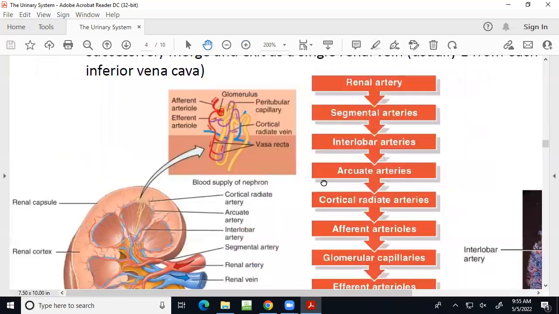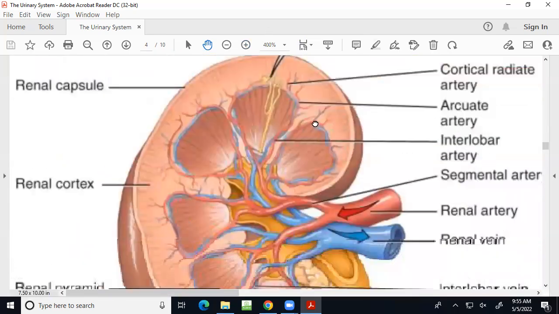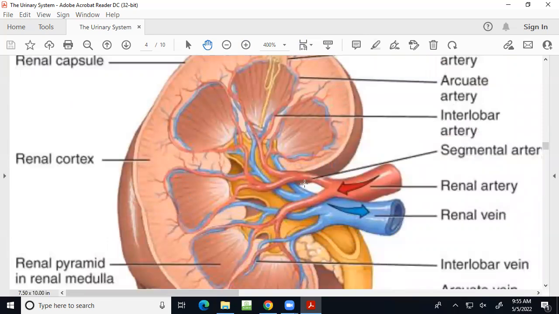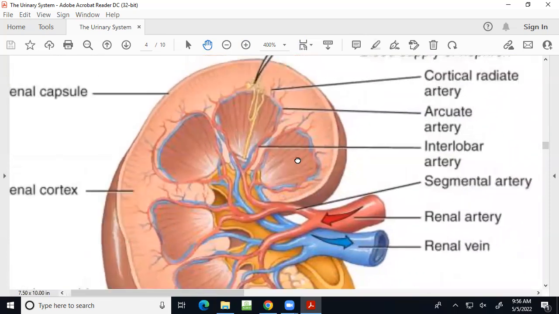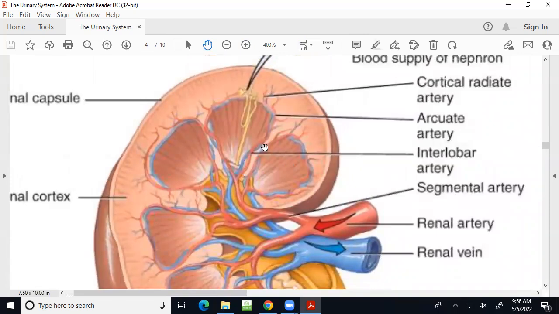At this point, we're going to get very, very small, so I'm going to zoom in and walk you through it. We've got our segmental arteries coming in. They then branch, and those form the interlobar arteries, which are traveling through the lobes. Remember, a lobe is one of those pyramids, half of a column, and then the cortex on the outside, and that's what it's doing. It's traveling through the columns. And from there, you form arcuate arteries, which then branch and form cortical radiate arteries,